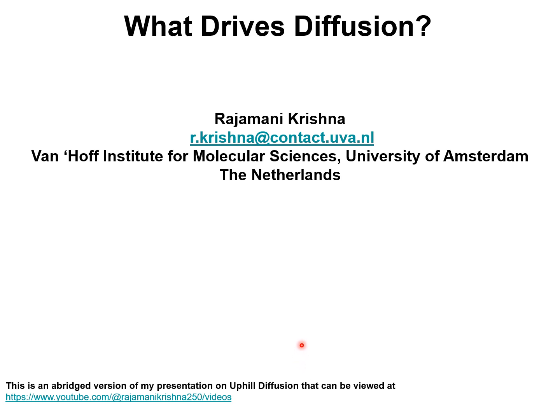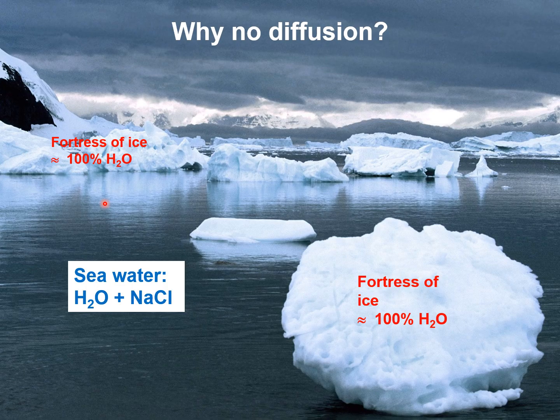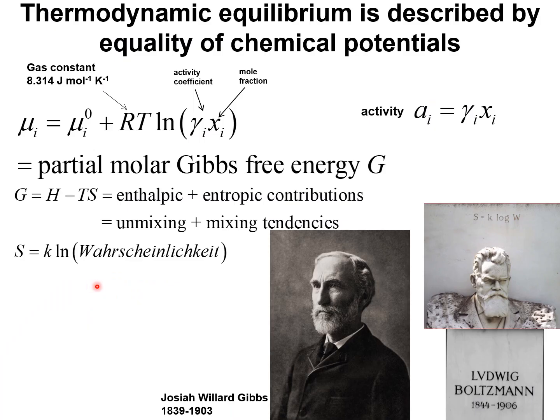We start our journey in the Antarctica. Here's a picture taken in Antarctica showing fortresses of ice containing nearly pure H2O in contact with seawater that contains salt. The question arises why there is no diffusion of salt from seawater into the ice fortresses. In order to resolve the paradox observed in Antarctica,